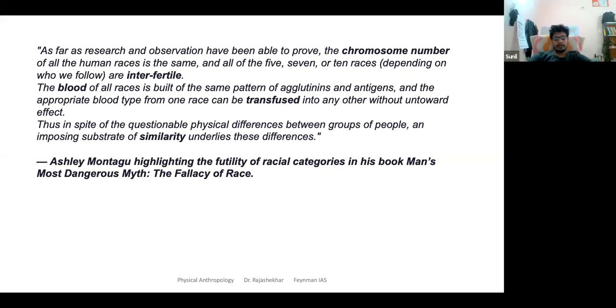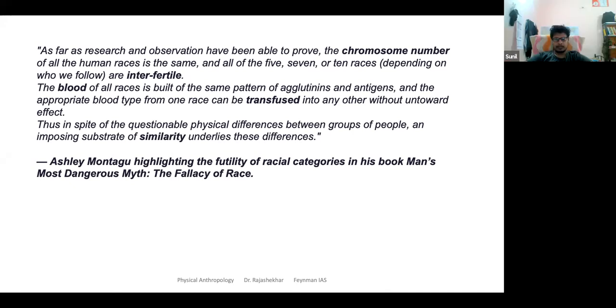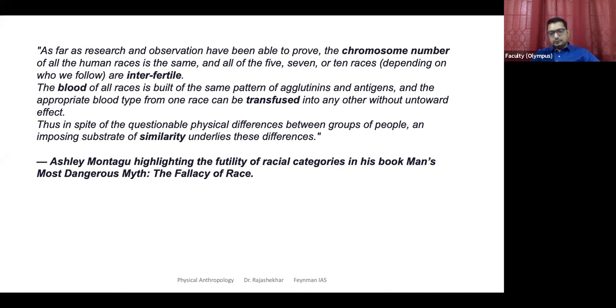Sir, does the Human Genome Project also have some contribution to this? Yeah, so as I was briefly mentioning to you, the Human Genome Project has shown that our genetic similarity is very high. All humans share 99.9% of genetic material. So it pointed out that we all have similar genetic content in us. Genomic studies started with the Human Genome Project, which revealed that we do share quite a bit in terms of our DNA.